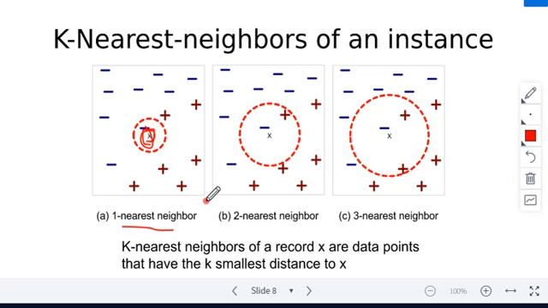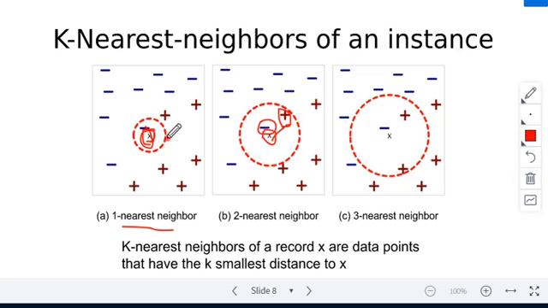So next we'll see two nearest neighbor. Two nearest neighbor means what? We have taken the test data, and we will calculate the distance or the closeness to the nearest two neighbors. One is plus and one is minus. Here again there will be a confusion whether the test data will be in the minus place or the test data will be in the plus.